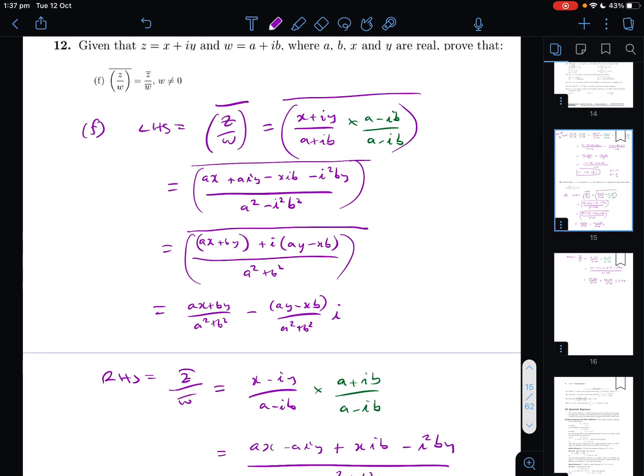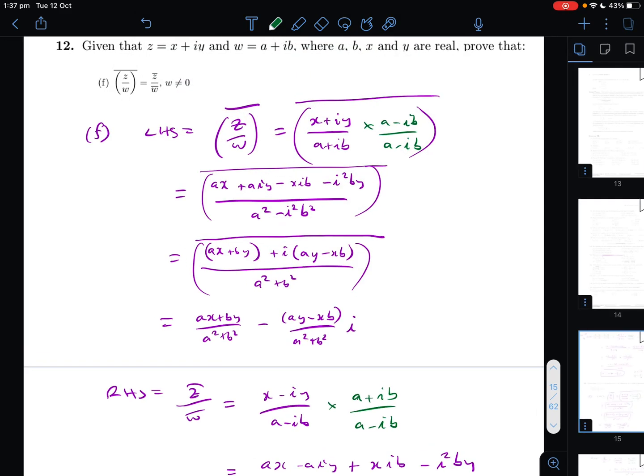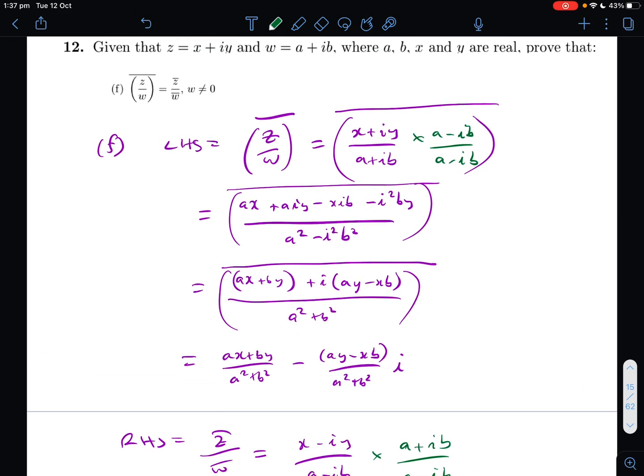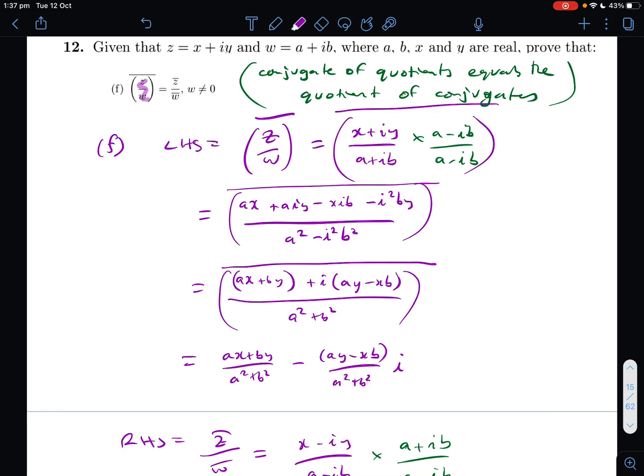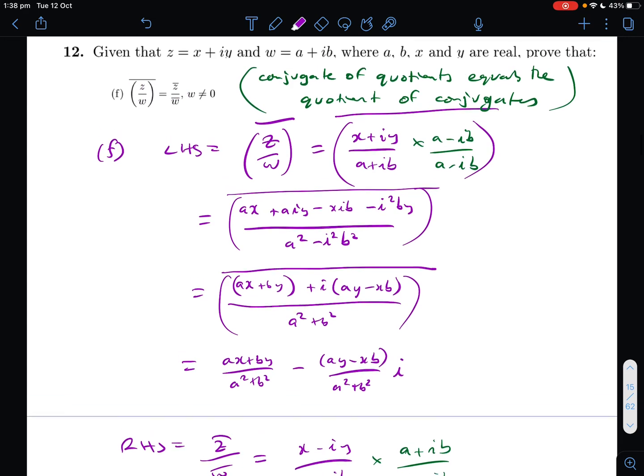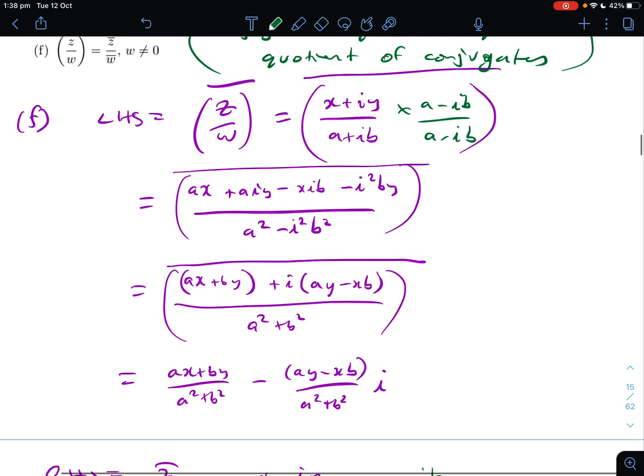What's that saying? Mr. Horton's fond of these kinds of sayings, I'm sure you recall. This is a way of saying the conjugate of quotients equals the quotient of conjugates. Meaning, if you divide a pair of numbers and find their conjugate, it's the same as finding their conjugates and then dividing them. It's exactly the kind of thing that we've been doing since the beginning